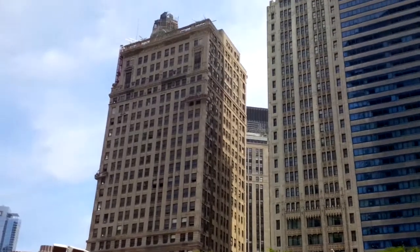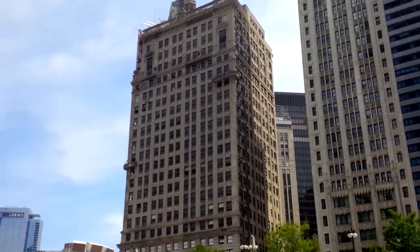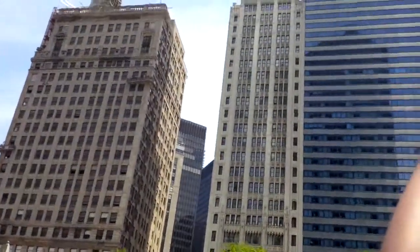Because why not? Now here to our right, you will see this tall, skinny building connected to the Wyndham Hotel. It's known as Mather Tower. Mather Tower actually